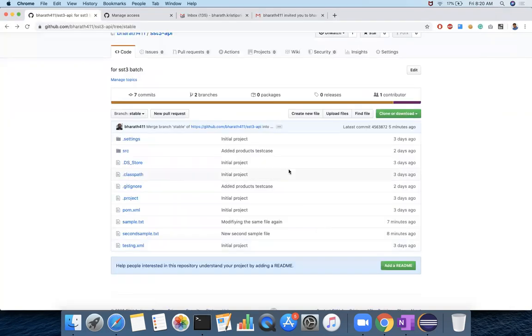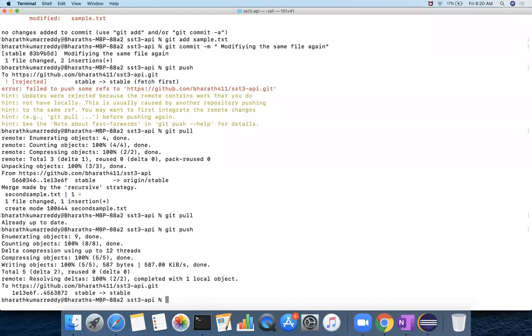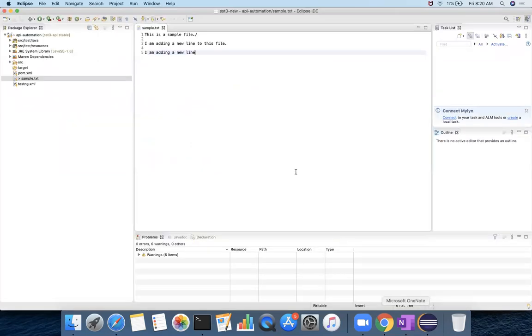For that I'll do these changes. So now I have one file which I want to modify. Let's say I am modifying the same file. I am Bharat and I do sleep. So this is the new message, or new code, that I want to add into my file.